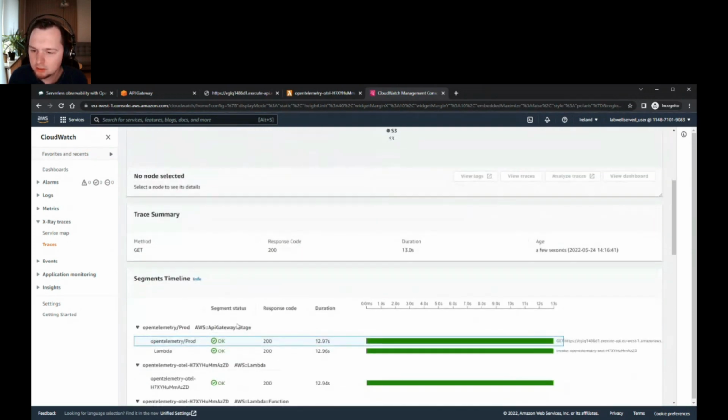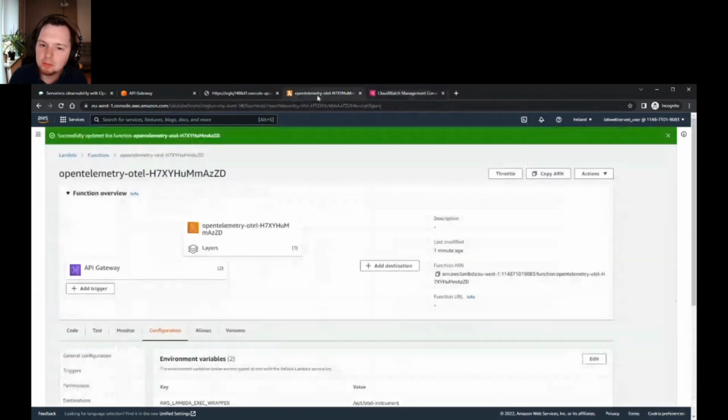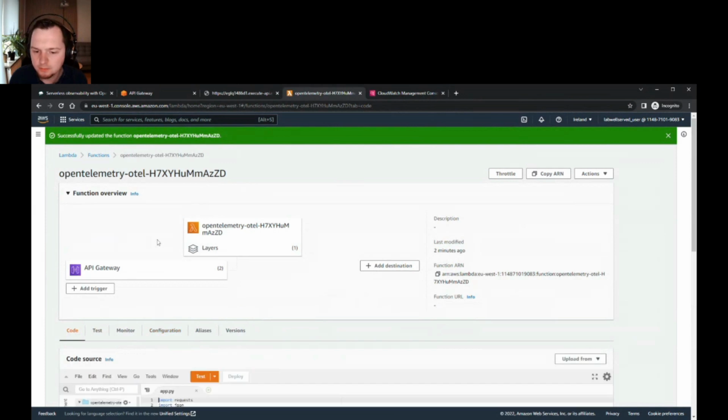And if I go to the timeline, I can see how long it took to do the scraping of the Facebook page. It's like half a second, and then saving it to my S3 bucket. But you can see that the function itself still took 10 seconds. But the problem is not with the Facebook scraping or with the S3 bucket, right? So it must be something with my Lambda function. So let's get back to my function and examine the code.